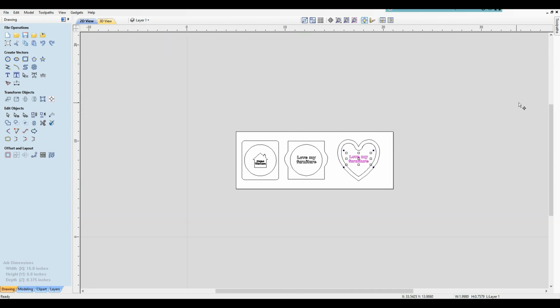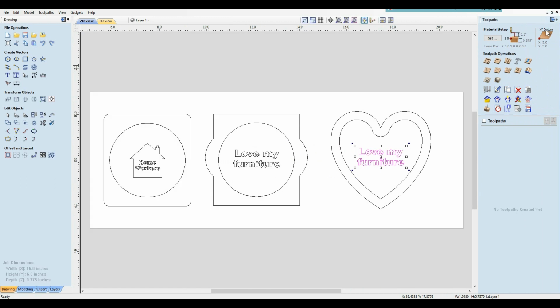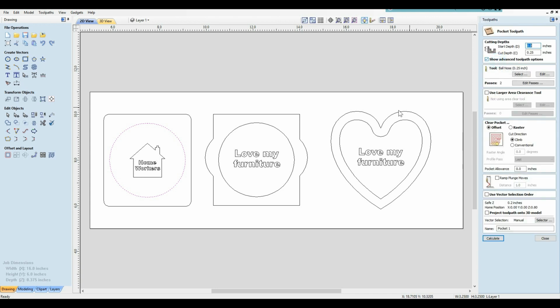All right, go. Now what we're ready to do is do our toolpaths. So our toolpaths, we got basically 3 toolpaths. We got a profile, a pocket, and our logo and/or writing, which is a V-carve. So the first thing I'm going to do is profiles. So I want to highlight all my profiles. And cut depth, I'm going to make